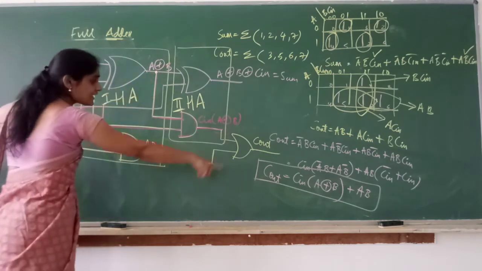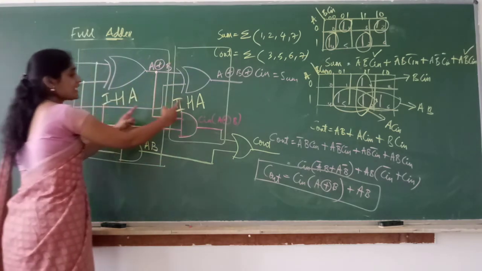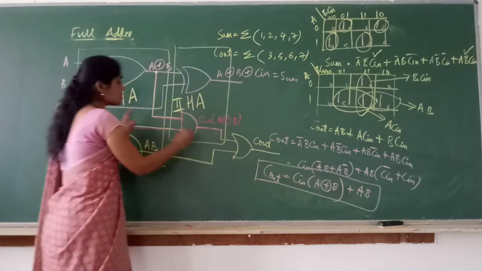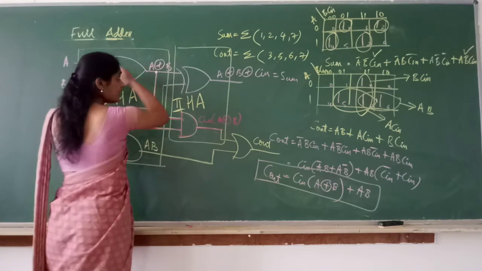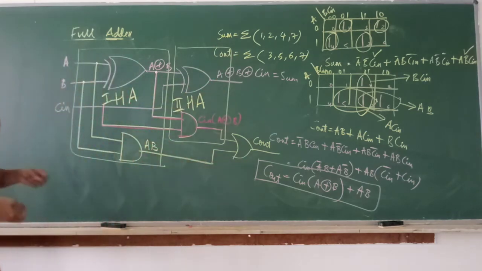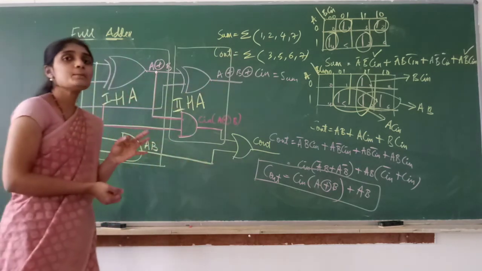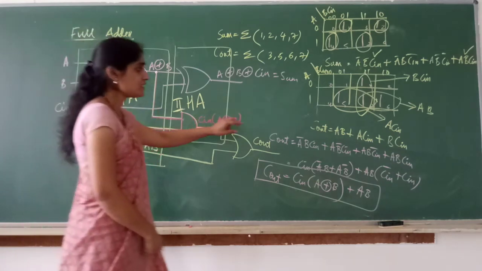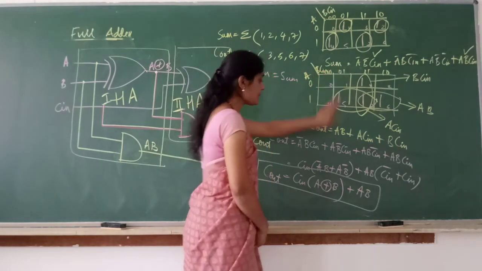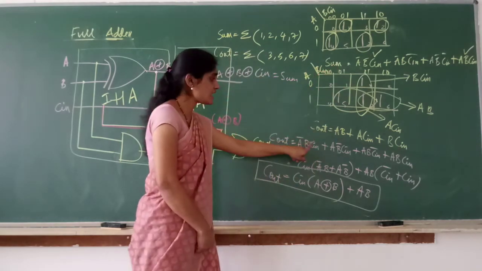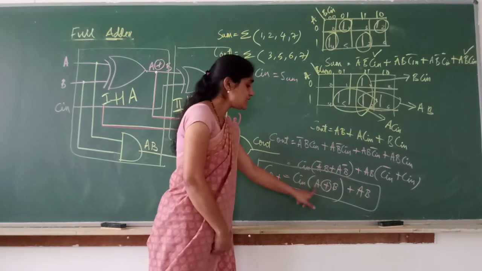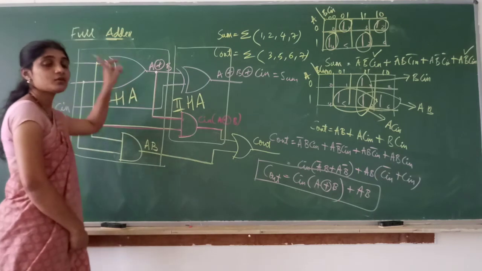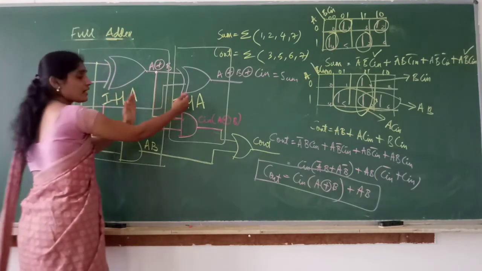So full adder is nothing but cascading two half adders with one more external gate, that is an OR gate. So two half adders plus one OR gate forms a full adder. In the exam, the question will be: implement or write the circuit of full adder using two half adders. Then you will have to simplify the equation for sum as A XOR B XOR C and carry out as C into A XOR B plus AB. This equation you have to realize, showing that a full adder can be realized using two half adders.